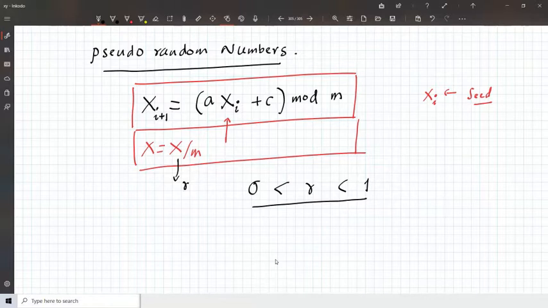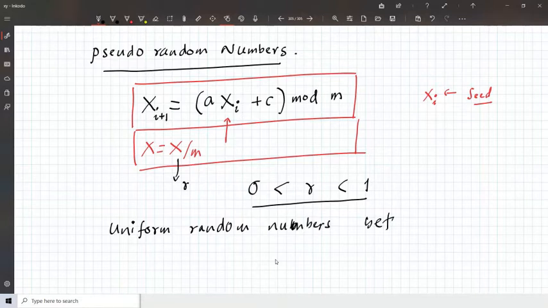So I create uniform random numbers between 0 and 1. Now the question is, what will be these values a, c, m?